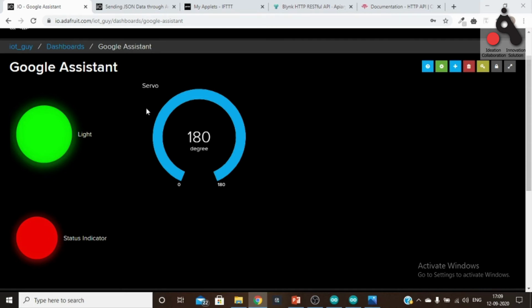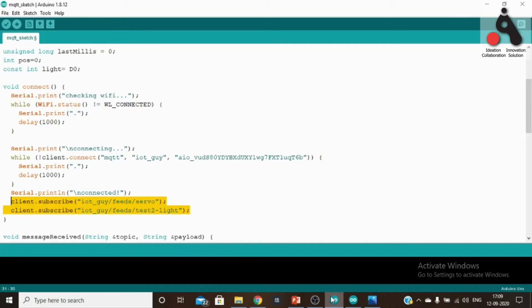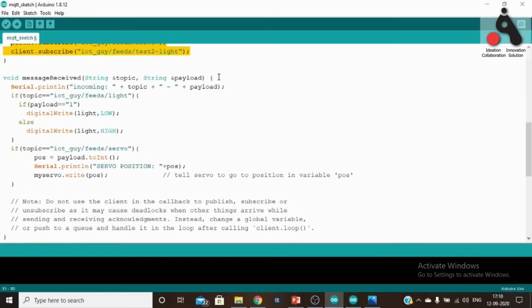Fine. We will see that later, but for now you know that as soon as you get any data, this callback function will be called. If we got data on this topic, we will check what the payload is, what data we got. If the data is 1, we will turn this pin to low signal, and if it is not, we will set it to high.